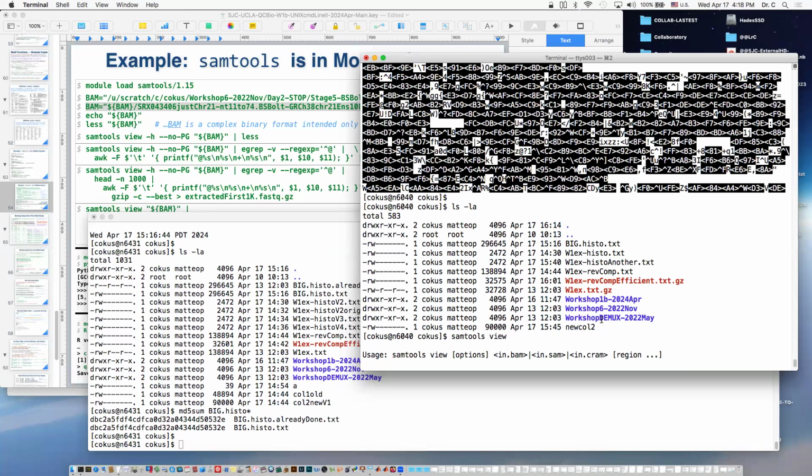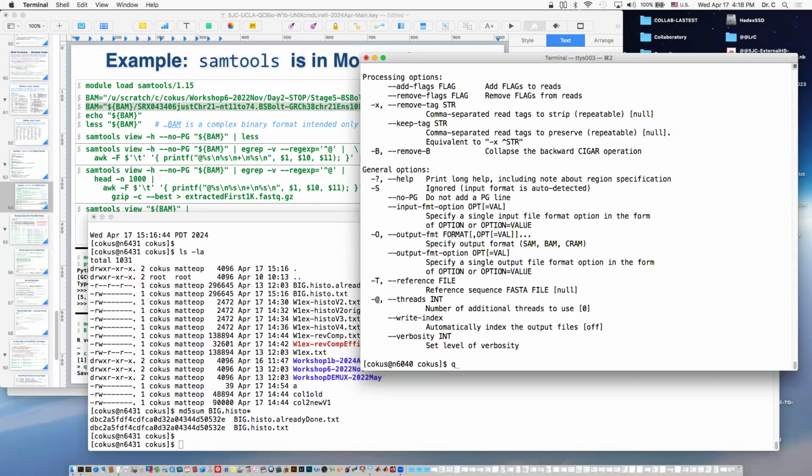But the CRAMs came into being because, you know, there's the 1,000 Genomes Project and whatever. And there's groups that have more sequencing files than they really know what to do with. And the disk space issue is really critical. And so the CRAM was invented to save as much disk space as possible. But we'll stick with the BAMs, which don't really need this side file to make sense of. So anyway,